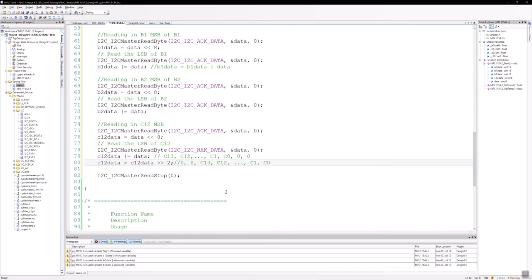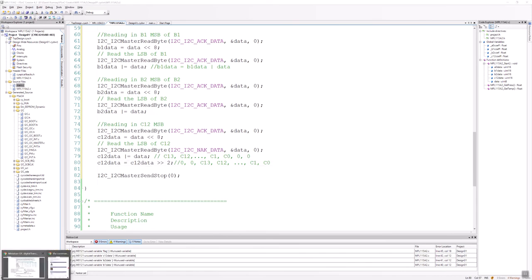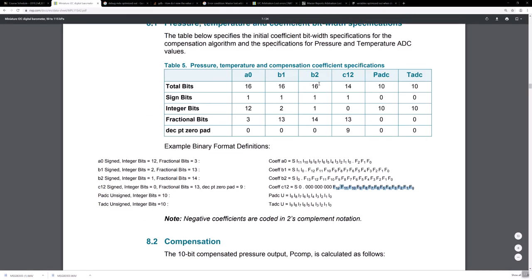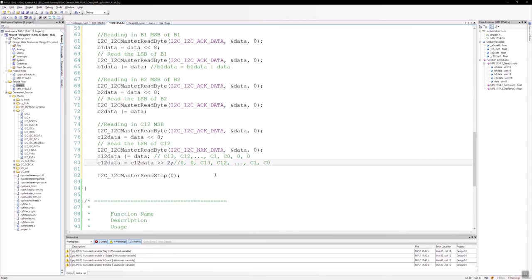It's unsigned int. So to do the computations here, what do we need to do? Well, first off, let's look back at the data sheet. And we can see here again, for A0, it's got a sign bit. So the first bit is a sign bit, 12 integers, 3 fractionals. And we already kind of talked about how that would be. So we'd do 2 to the third power. So what I'm going to do here is